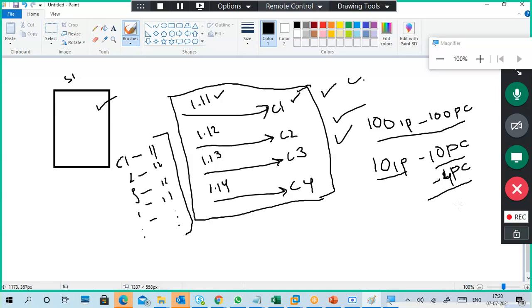Now four pieces are disconnected, meaning they're removed. So now how many pieces are there? Six. So four are removed, and now I have only six pieces.